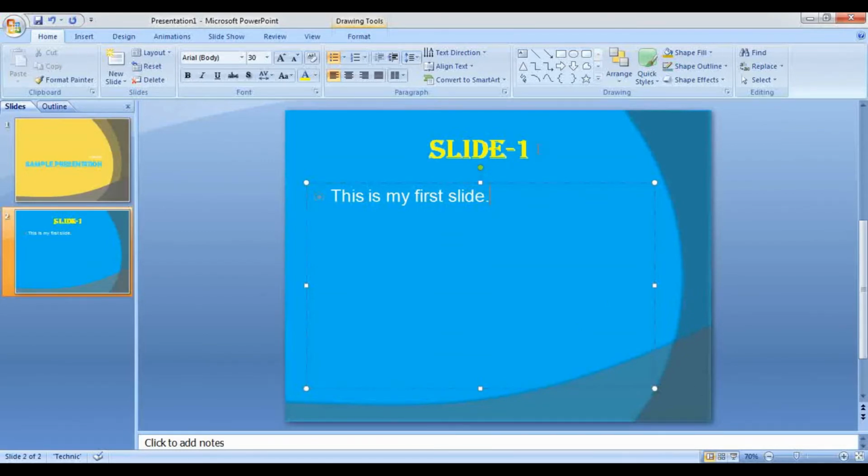So that's the basic difference. Animation will be applied to the objects in the slide. Your objects may be the text, the pictures which you insert, the flow charts which you are using, or the clip arts which you are using. So these all are objects. These are the different objects in one slide. Like if you have your geometry box, and inside the geometry box you have different instruments, each instrument becomes your object.